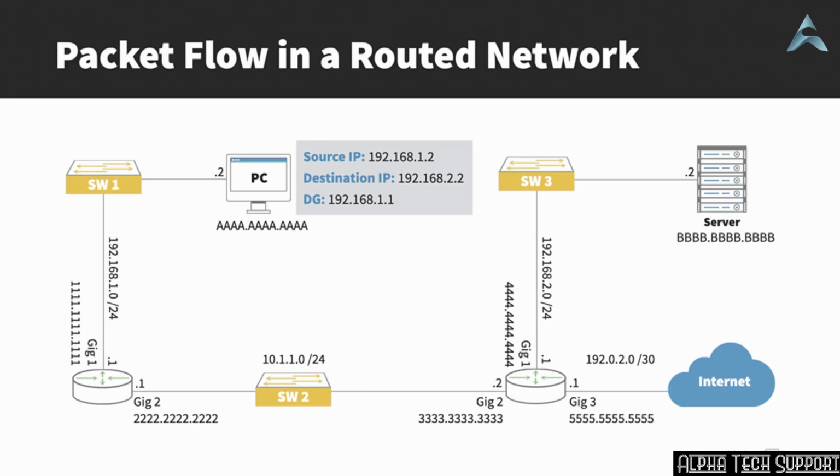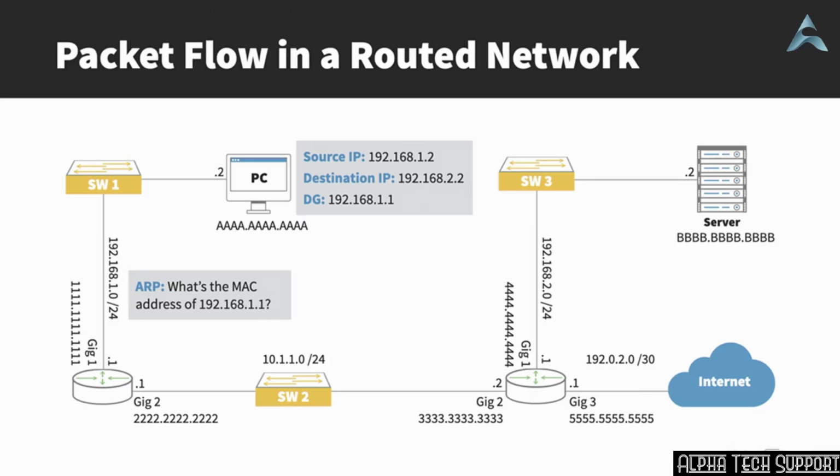The destination IP address is the server, 192.168.2.2. But in order for that PC to get off of its local subnet, it needs to send traffic to router R1. And to send a frame into R1, we know its IP address, 192.168.1.1, but to send a frame to R1, we need to know its MAC address. And right now, the PC does not know the MAC address of interface Gig 1 on R1. So what it does is send out an ARP broadcast message. ARP stands for Address Resolution Protocol, and it's asking, hey, can somebody tell me the MAC address for this IP address of